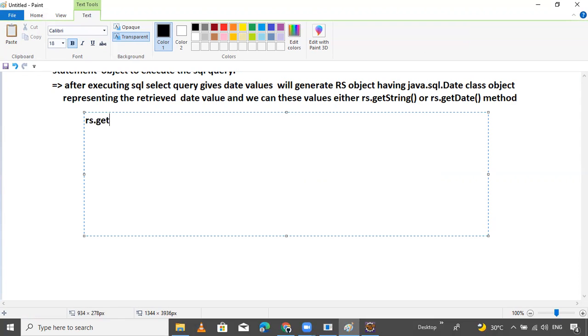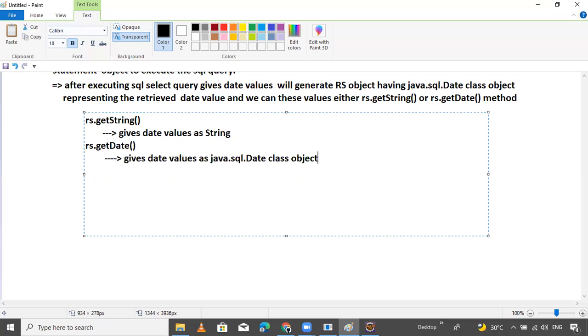The rs.getString method gives date values as a string, and the rs.getDate method gives date values as a java.sql.Date class object.